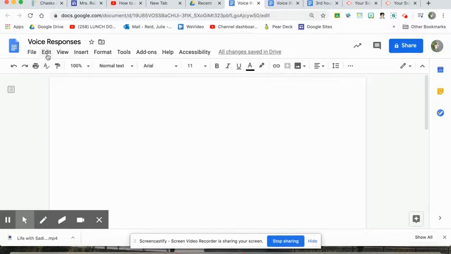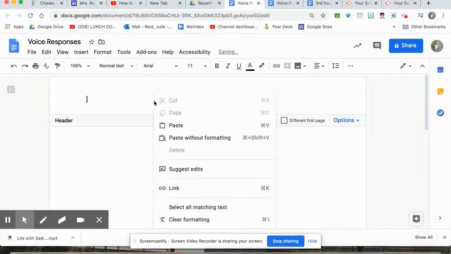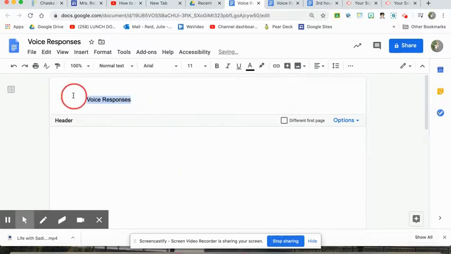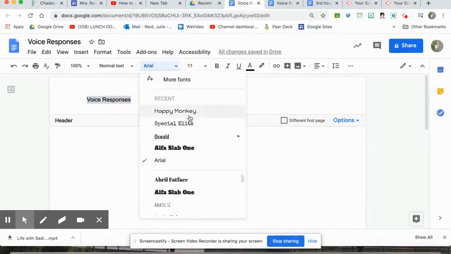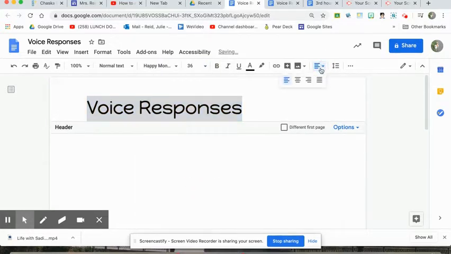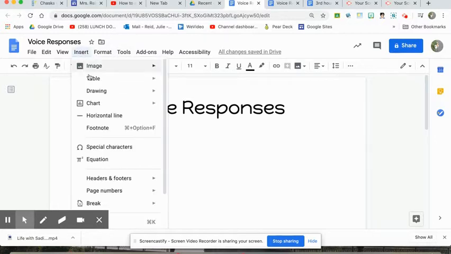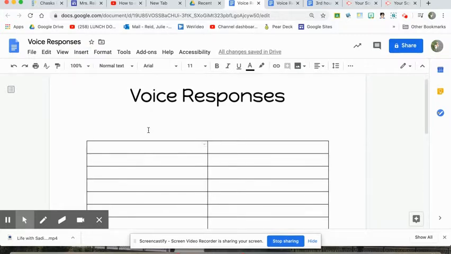So you're going to go to, first I put a header on because I like headers. And I'm going to highlight that, find my new favorite font, and go to 36 and center it. The next thing I'm going to do is create a table. It's going to be 2 columns wide and as many rows as I need for my class. Now it only goes to 20, so you'll have to add